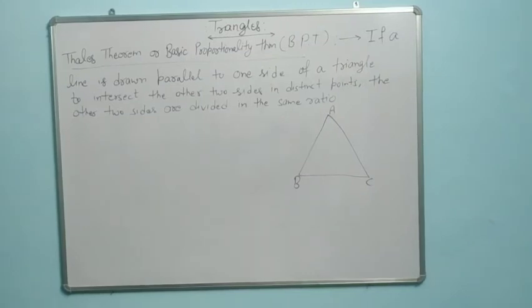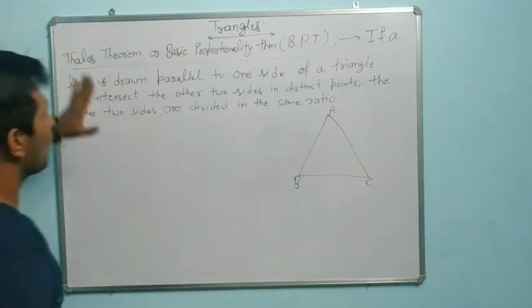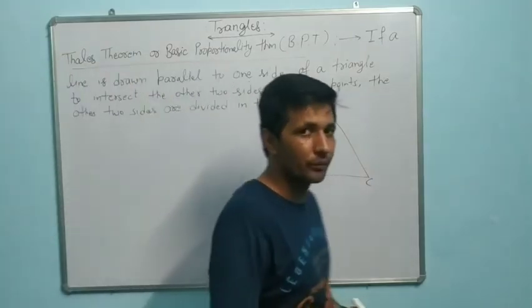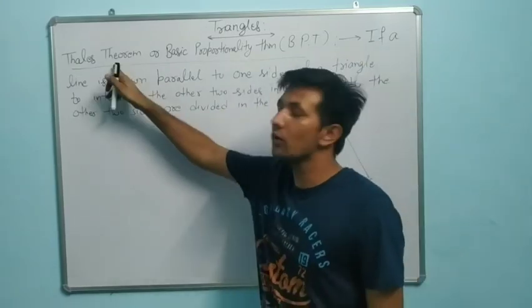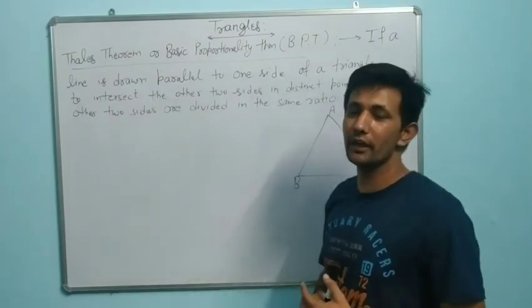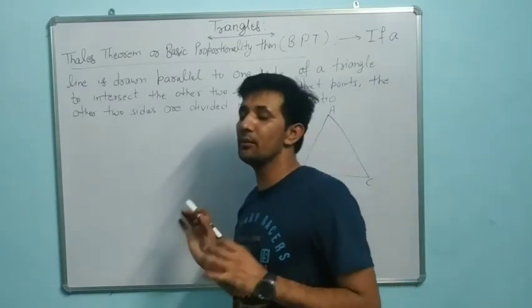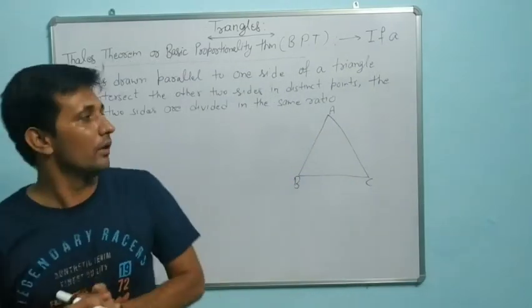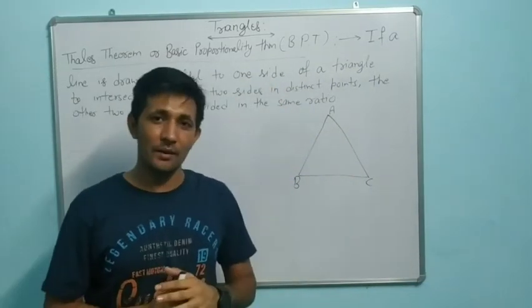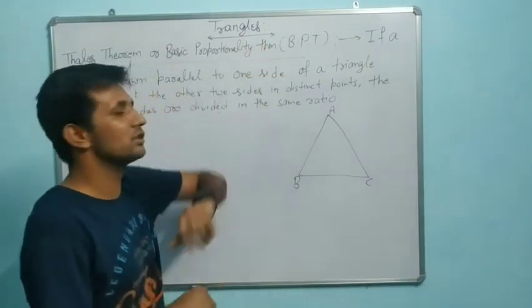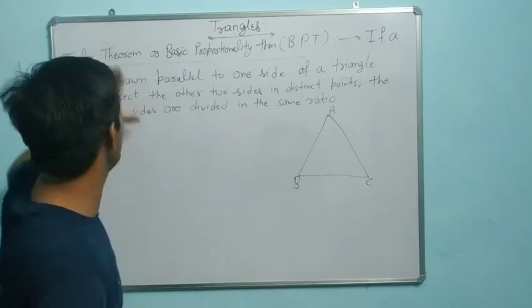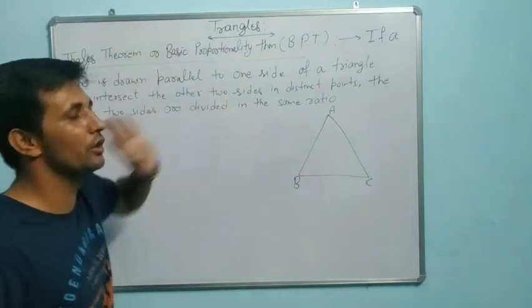Now dear, we will start very important points of the triangle chapter. Exercise 6.2 is based only on this theorem. From this year it is very important, and we know this year is an MCQ question paper. That's why the proof of this theorem will not come. So you only have to understand it. No need for its proof dear.